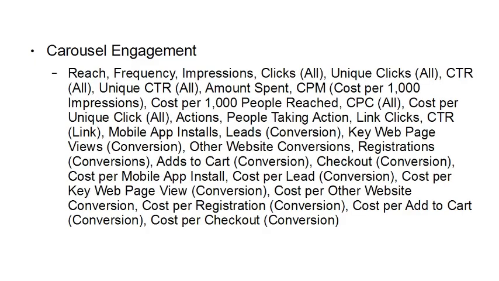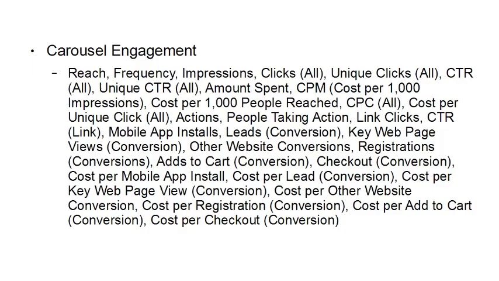So this is to do with carousel ads and carousel engagement, and that includes the reach, frequency, impressions, clicks, unique clicks, CTR, unique CTR, amount spent, CPM, that's cost per 1,000 impressions if you're going that way, cost per 1,000 people reached, cost per click, cost per unique click, actions, people taking action, link clicks, CTR, mobile app installs, leads